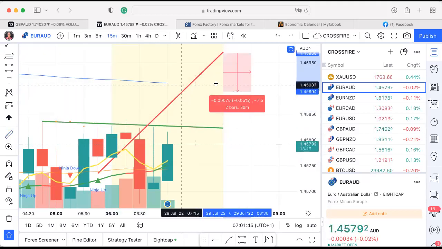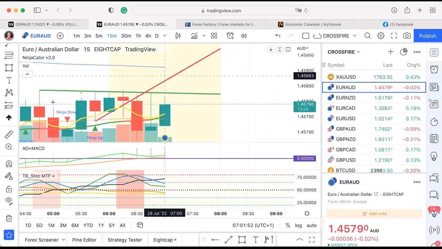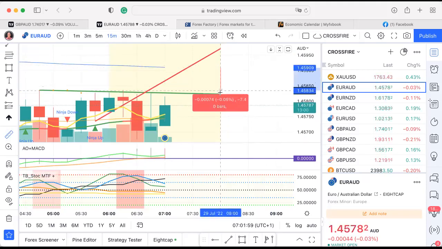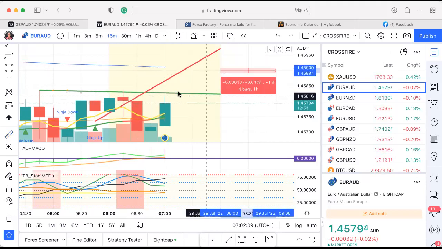If we were looking at it at about 8 o'clock, I would be measuring that gap between the blue line and the green line. I'd be measuring from about there to the green line, and you've got about 8 pips up to that blue line, I should say. So if price breaks through the green line, it's going to head north, and it's going to get to that point, and it's going to struggle to get past that point, and then it's going to struggle to get past that point.